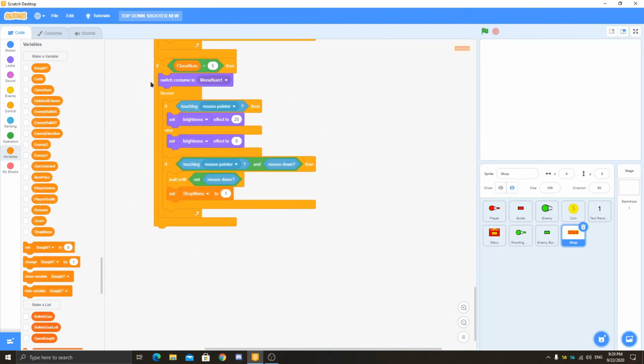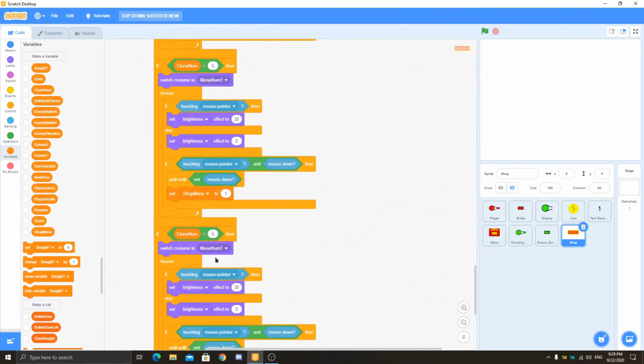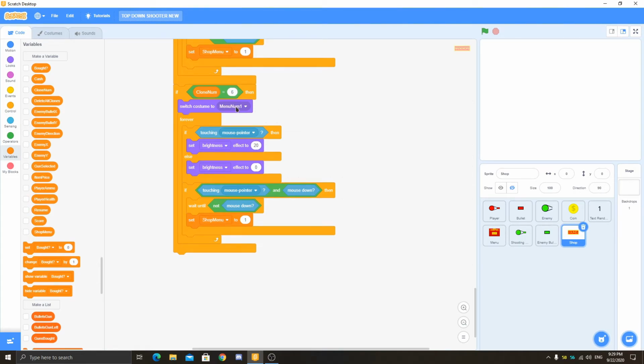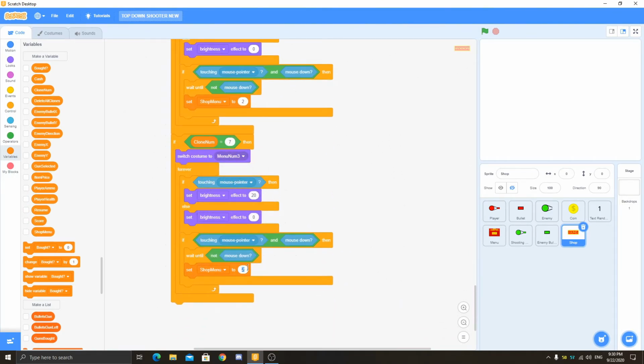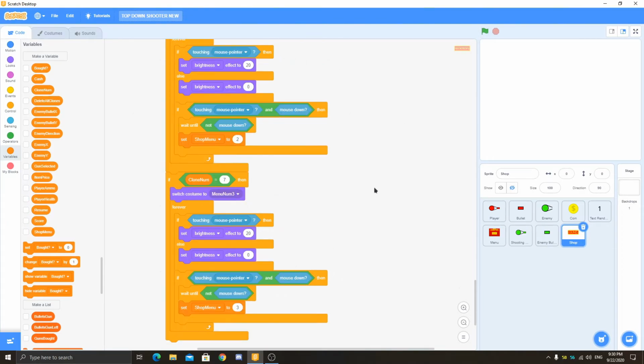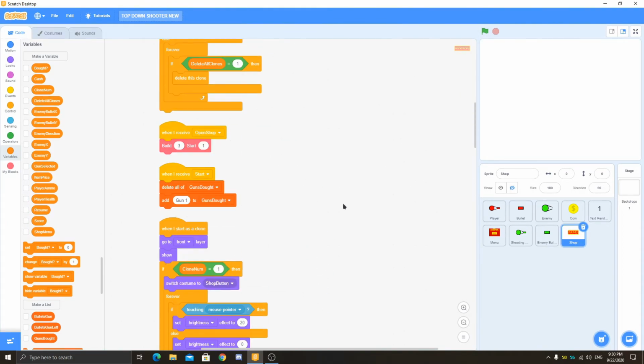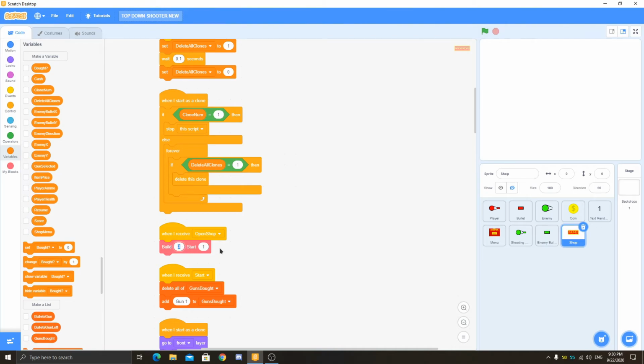So this will just do this thing, and just duplicate this, and 6, just change the costume and then set it to 2, and just duplicate this, set it to 7, costume number 3, and this will be 3. So here we have this, and you can just add this. Total we have 7, so we can just put here 6 and 7.